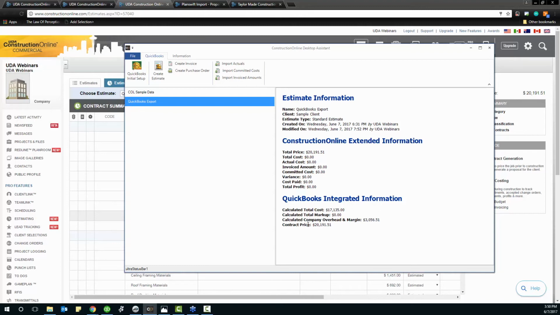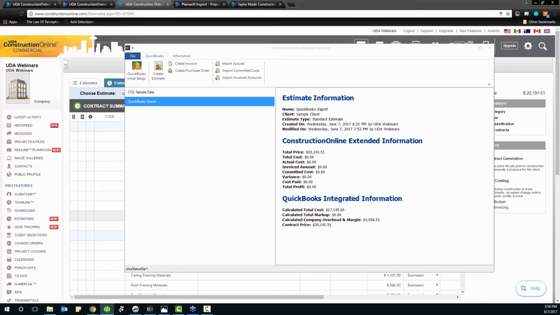You change your settings on ConstructionOnline, and it integrates perfectly the next time. Or not. Or you do it a third time because you still didn't choose the right settings. But then again, no harm, no foul. You've got a backup. You're safe. So always make a backup. Rule number one, before you touch this thing, make a backup of your QuickBooks file. It doesn't hurt. It's not going to take more than 20 seconds of your time. And just do it. So that being said, once you have gone through the initial setup, you're now actually ready